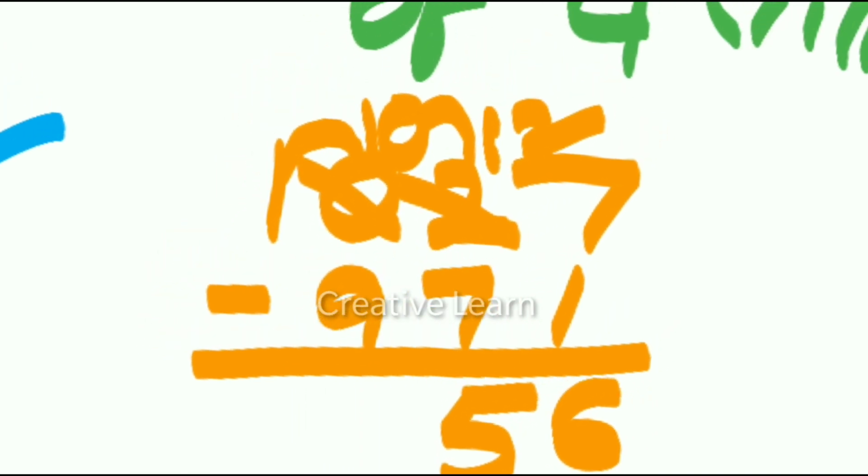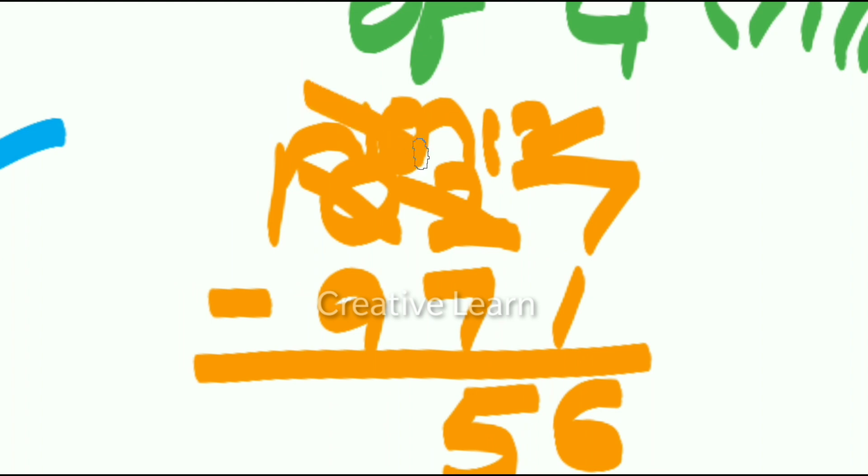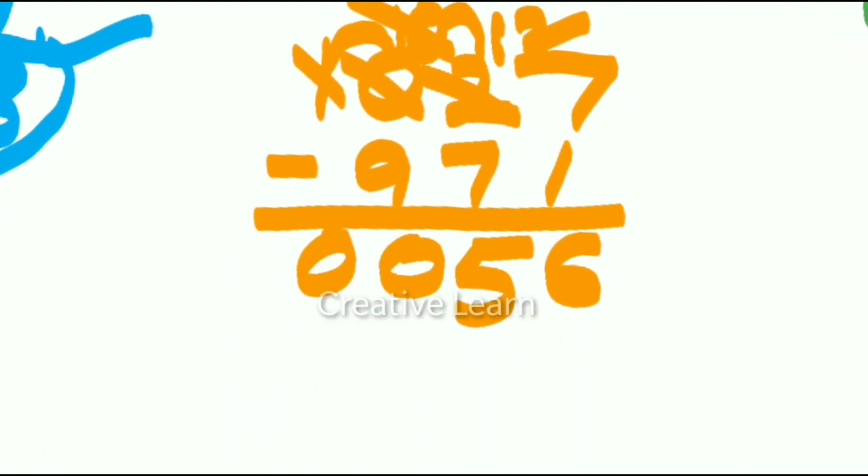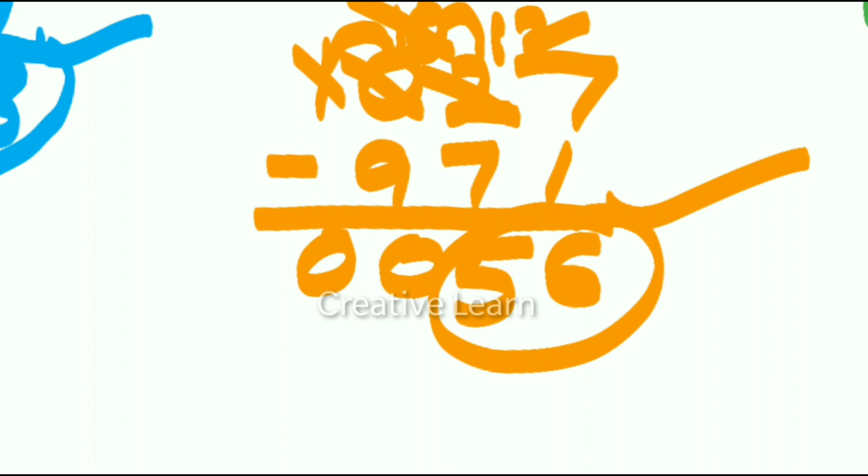Here 10 is there, but from this 10 we have already taken a borrow, so it becomes 9. 9 minus 9, it's 0. Here 1 is there, but from this we have taken a borrow, so it becomes 0. So what is our answer? 56 is our answer. So in Sarampalli village, 56 members are less in female compared to male population.